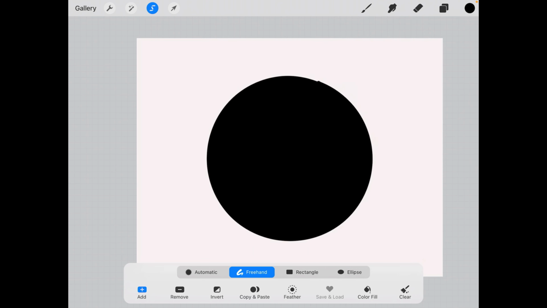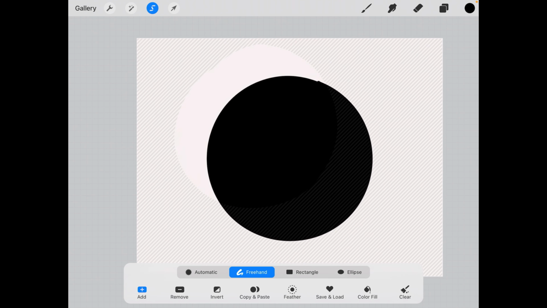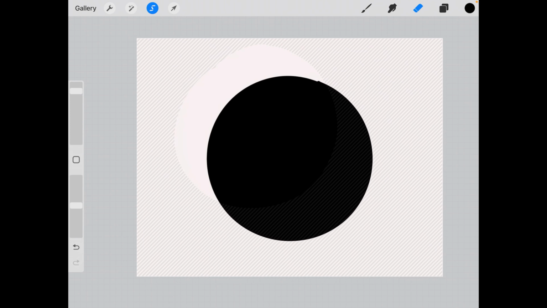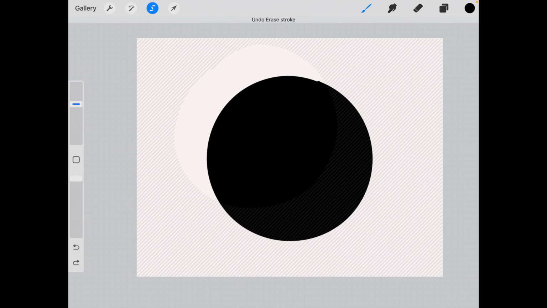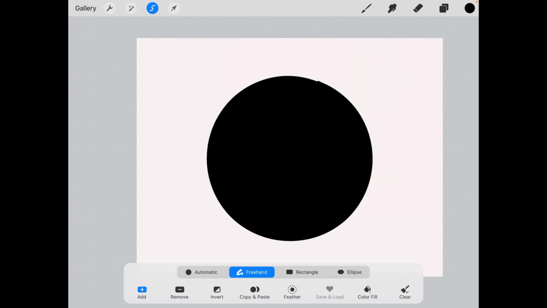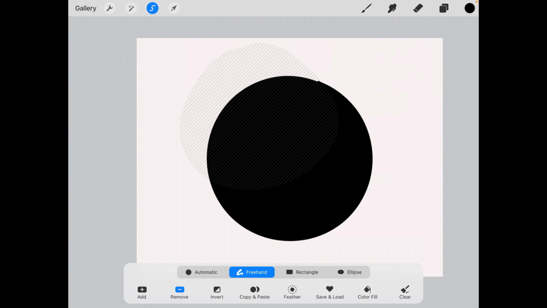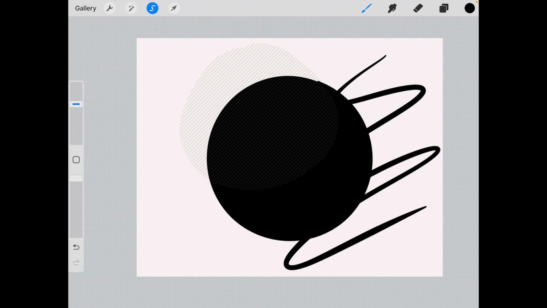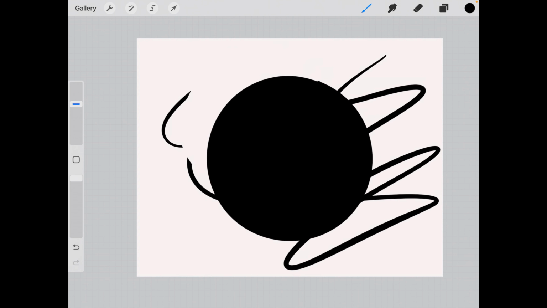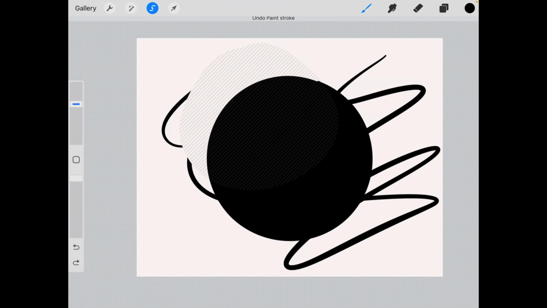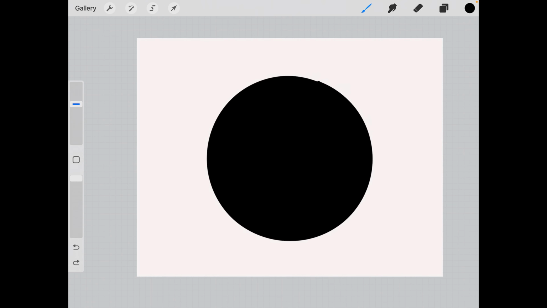So if I'm at freehand and I've selected add, I will circle this place and tap on add. Then it will remove all the other parts. So now I cannot draw on any other part, but I can draw only in the part that I've selected. If I want to do it the other way, that is I want only this part to not be painted on, then I'll click on remove and it will let me draw anywhere else but not on that part. And if I want to switch this off, I just tap on that S once again and it's again free to draw. So I'm double tapping now to undo all this.